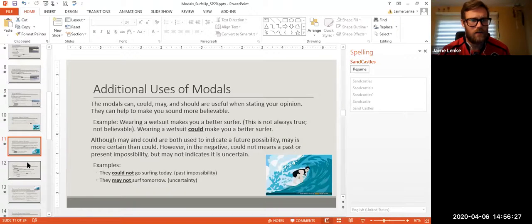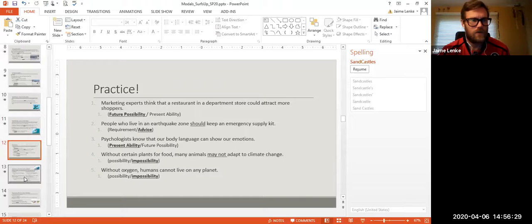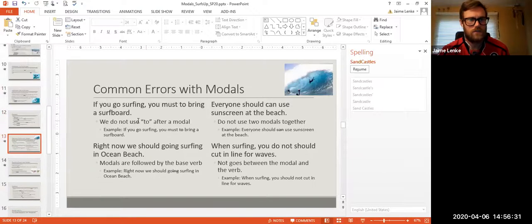And then again, right, we have some general kind of rules, some errors, right? We don't want to use two. We want to make sure the base form comes after the modal. We don't use two of them together. We pick one based on the meaning that we think it should have. And that, right, not comes after the modal, but before the base